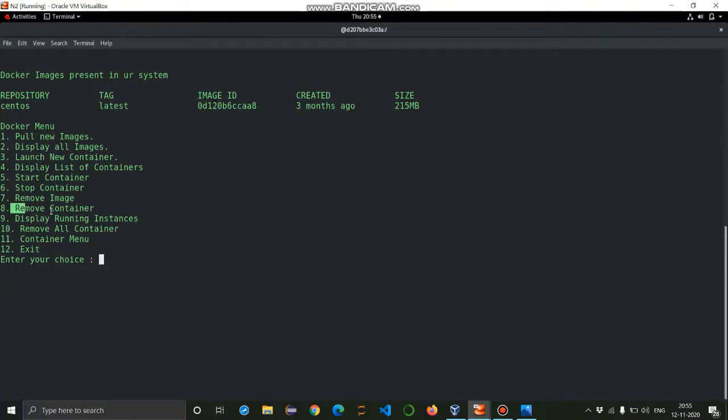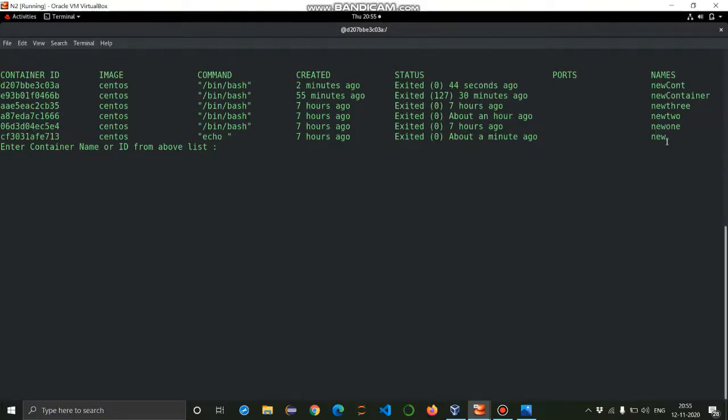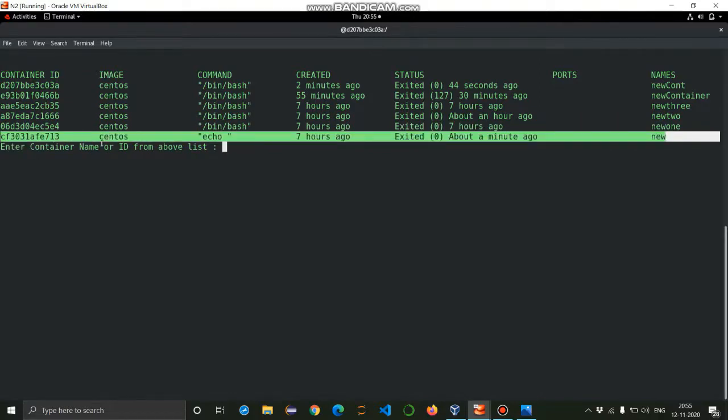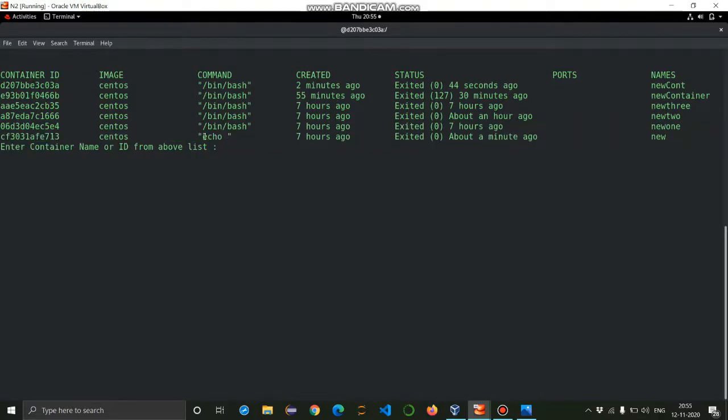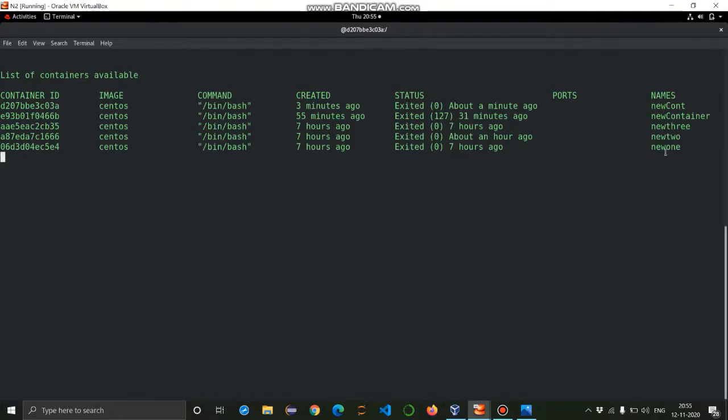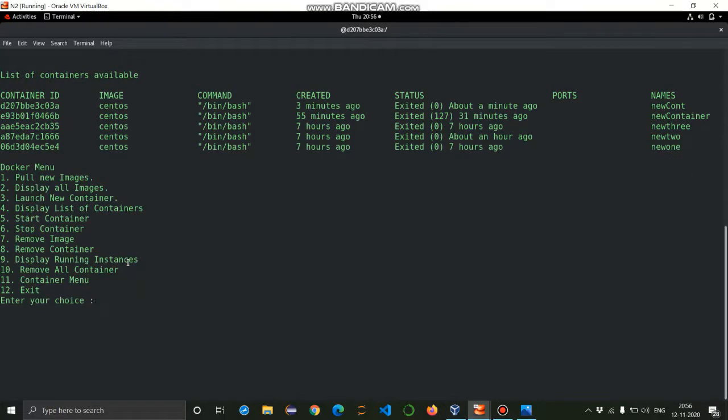Even we can remove containers by pressing 8. This is not working fine, so something went wrong. Only the echo command will run. So I want to delete this. Let me give new. Yeah, my container is deleted. We can see by pressing 4. See, we don't have a container named new container. When we display,